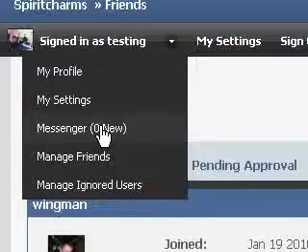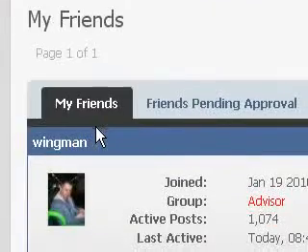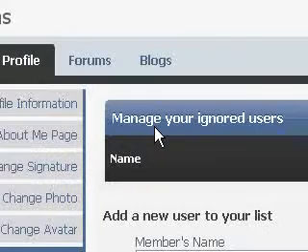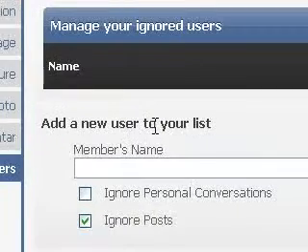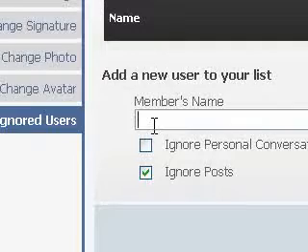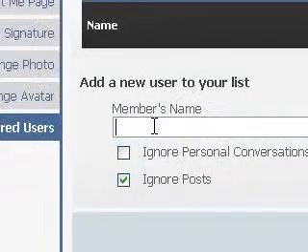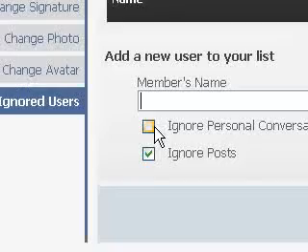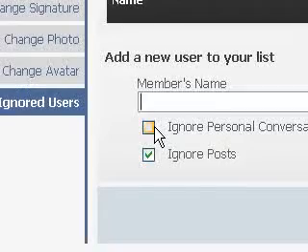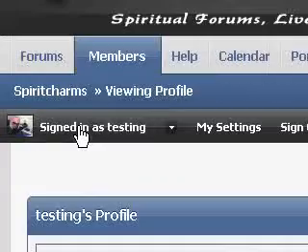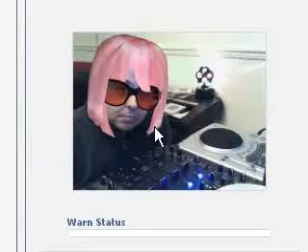And of course, if you've ignored any users, you can click on that. Manage your ignored users, add a new user to your list. If you want to ignore Wingman, for instance, you can ignore Wingman by typing in Wingman there, and you can ignore his posts, and you can ignore his personal messages if you like. It's up to you. But yes, I think that's it.